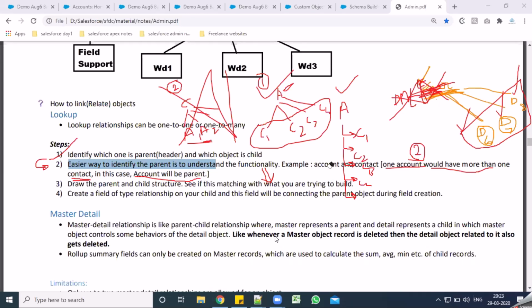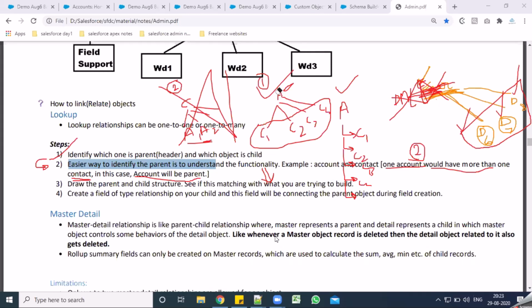They can say that one account can have multiple questions, or that one work order can have multiple work details. They can say that for one opportunity they can have more than one opportunity line item. They can say that for an account they can have multiple install products. All right, this equation applies to anything. What is the third step saying? The third step is saying to draw that parent and child structure.